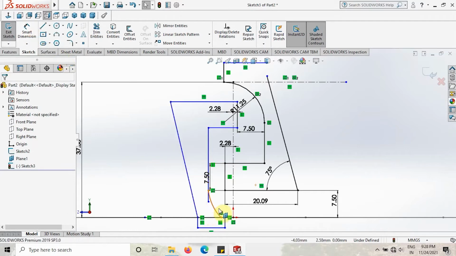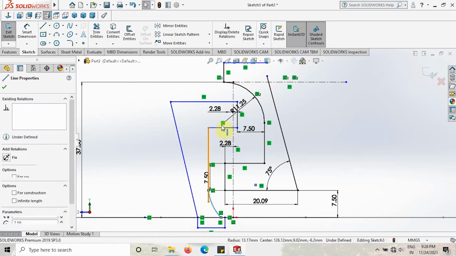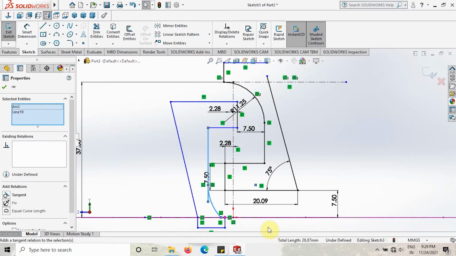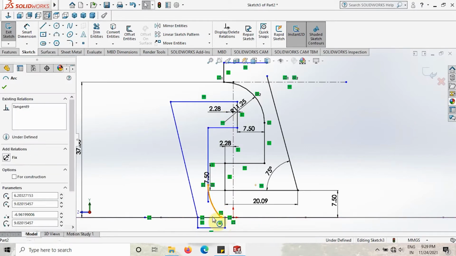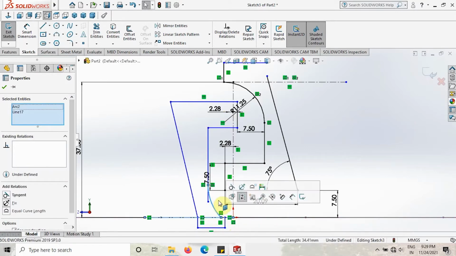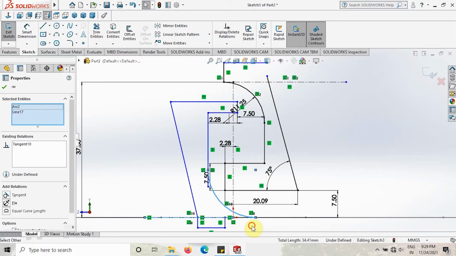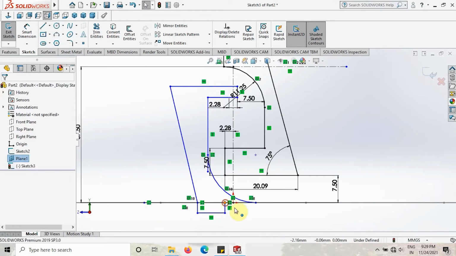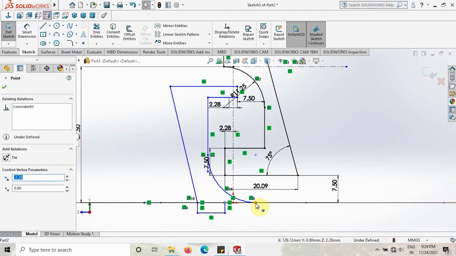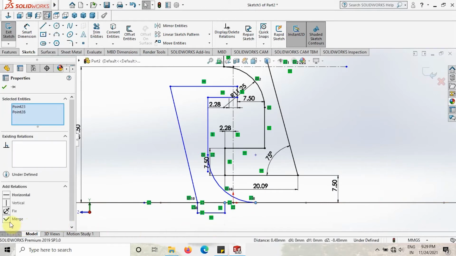First we will make this one tangent, and then center line and arc we have to make tangent, and then select this point and select the end point of this arc and select this merge and click OK.